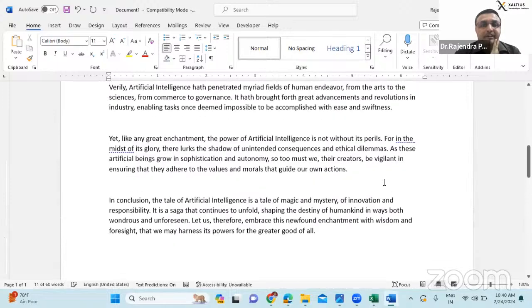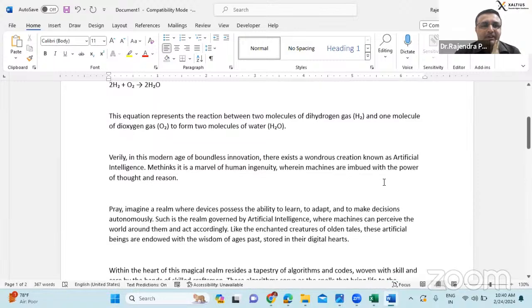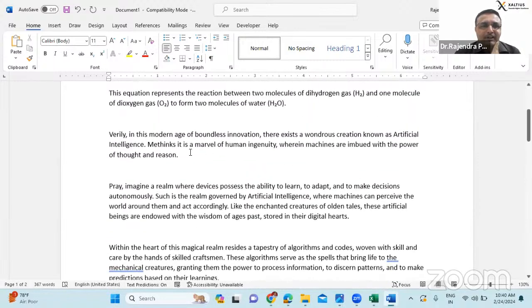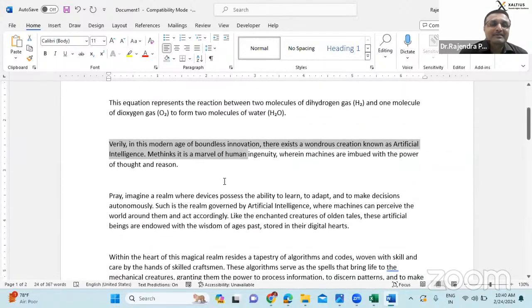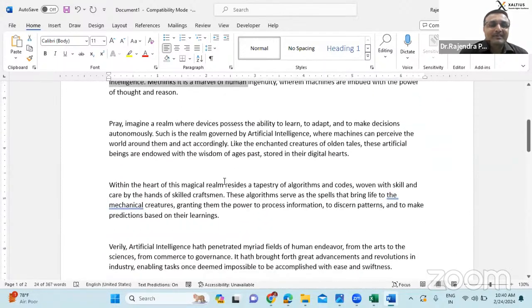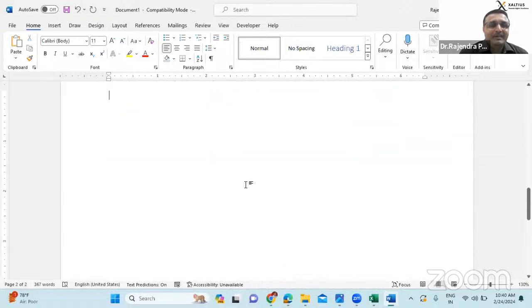So you can use it as a reference. So if Shakespeare would have written about artificial intelligence, if anyone from literature is there, they can understand Shakespeare's dialect. So how he will write? Okay. If Kalidas is expressing about artificial intelligence, how it will be expressed.